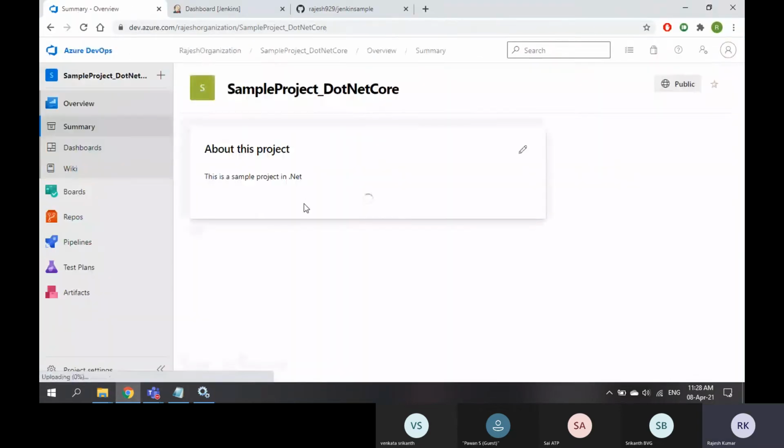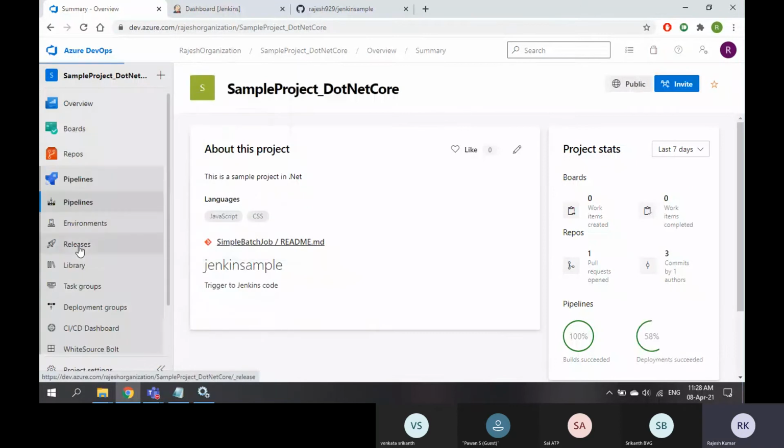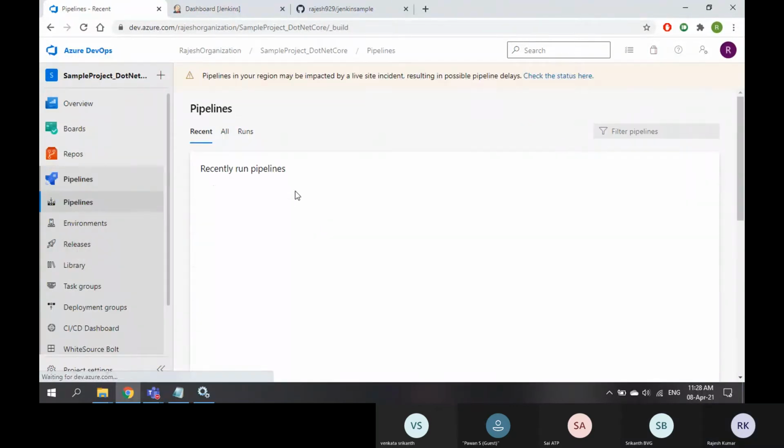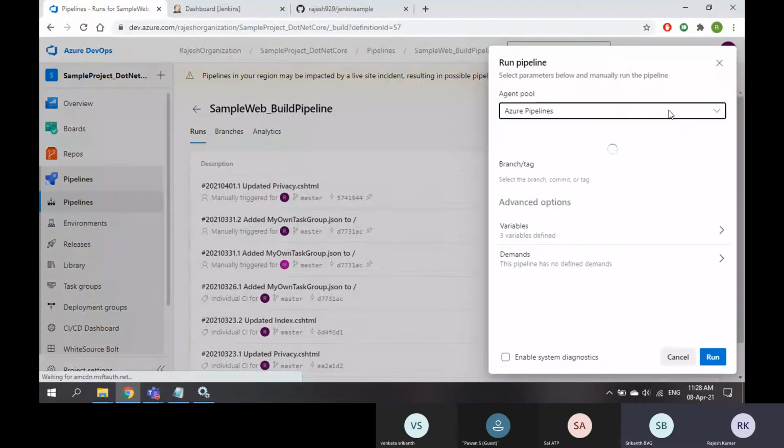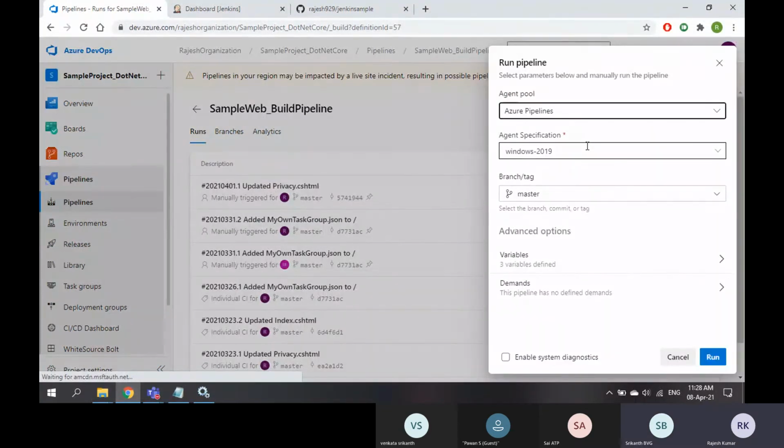Go to our project. Go to pipelines. So take this sample build pipeline. Run pipeline. Rajesh? Yes. Actually, in Azure, whenever we try to execute any pipeline, in the jobs we'll add either PowerShell or batch.